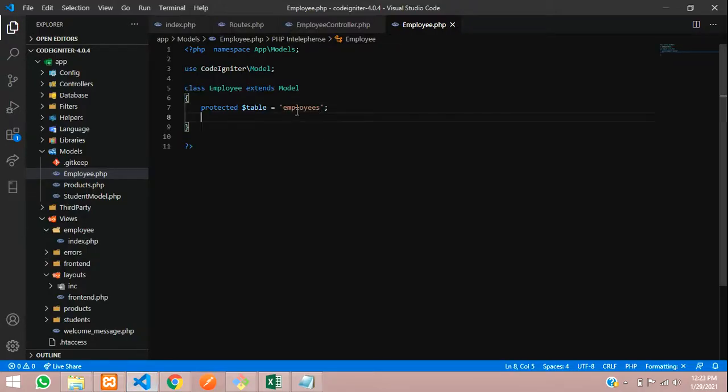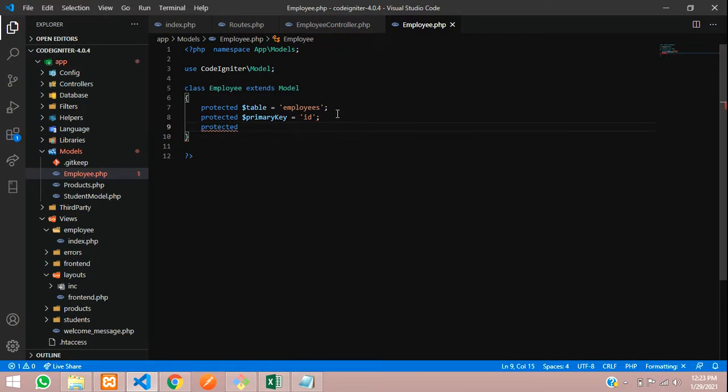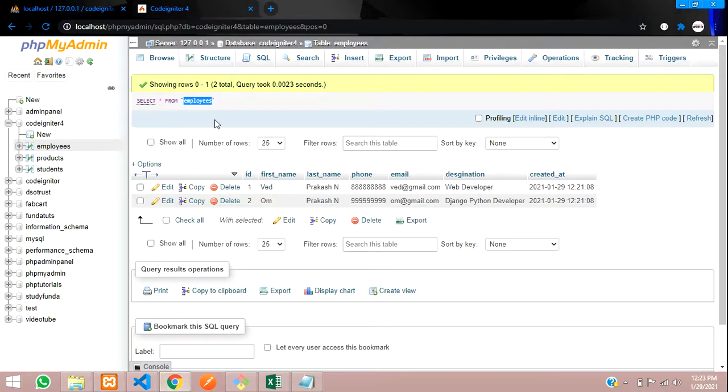And now you have to give the primary key. Let's make this also protected, $primaryKey, where you tell that the primary key is id. And now the allowed fields: protected $allowedFields, and inside this you need to pass all the fields which are required to insert. Those are nothing but these.